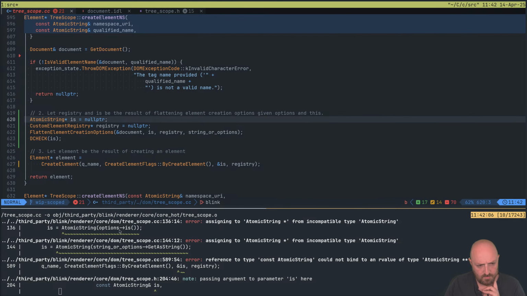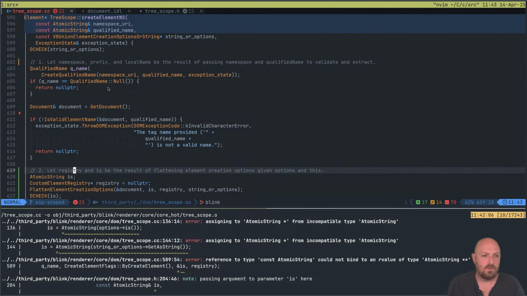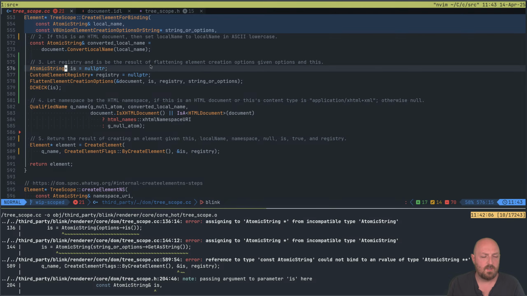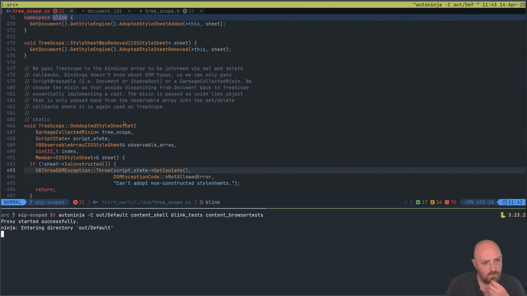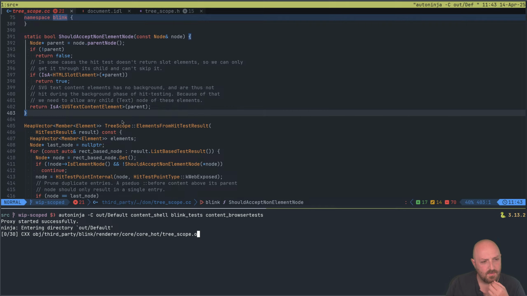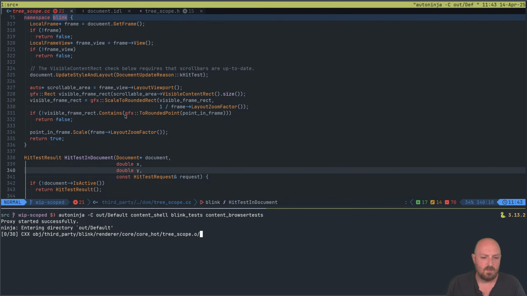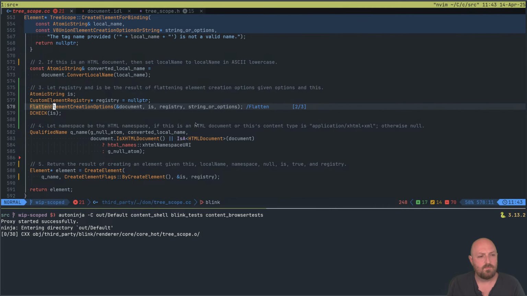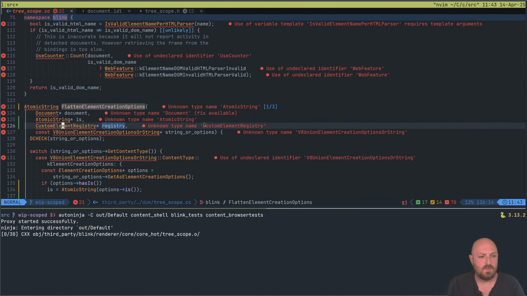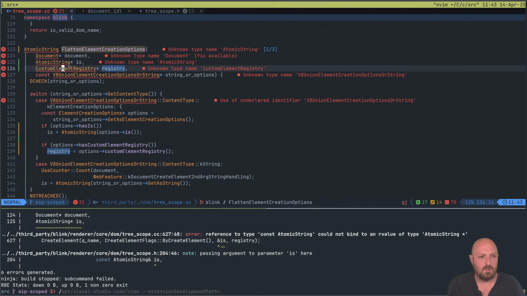So we're assigning to an atomic string pointer, but that's not compatible with the type of atomic string, the value. I mean, it's going to need a value though, I guess. I don't think we can reasonably pass it around. What we could do... because it returns. It's a bit hokey, but